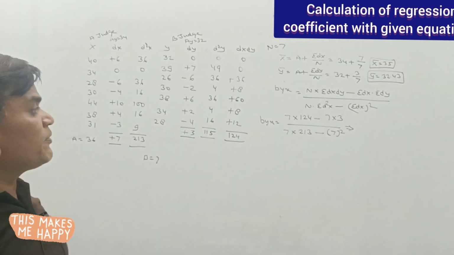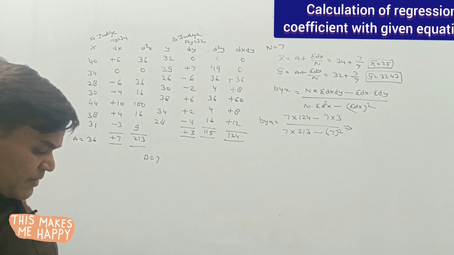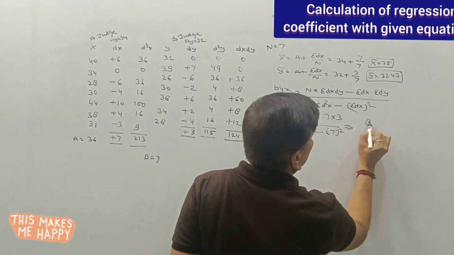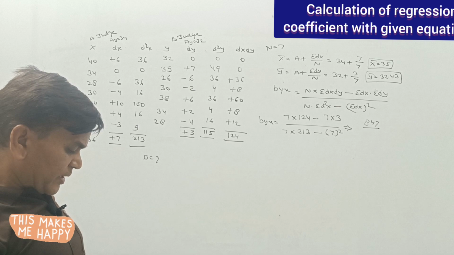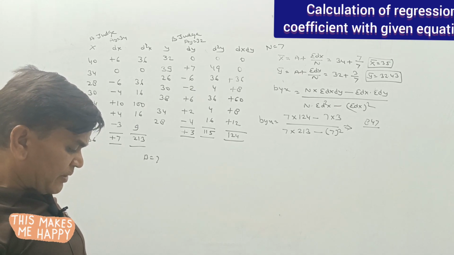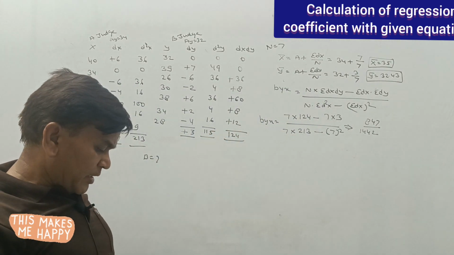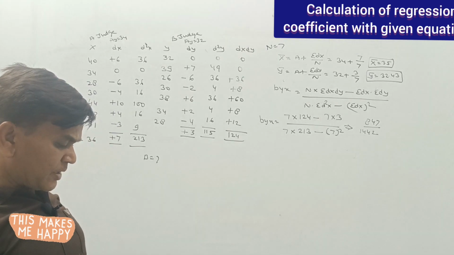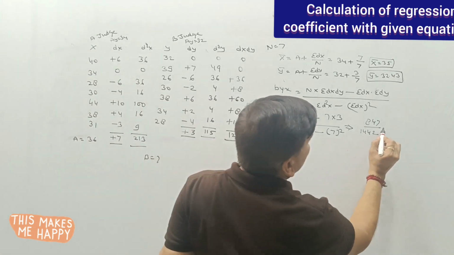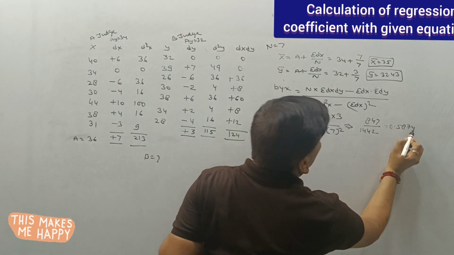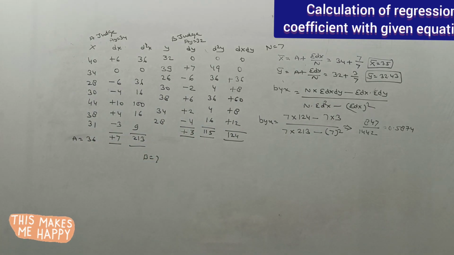So the value of byx, that is 7 multiply 124, is plus value, 21 is minus value. So 847 divided by 7 multiply 213 is plus value, 49 is minus value, 1442. So 847 divided 1442. So result is 0.5874. So we have calculated the value which we require. Now